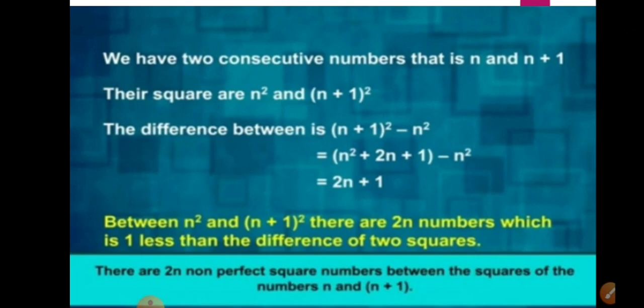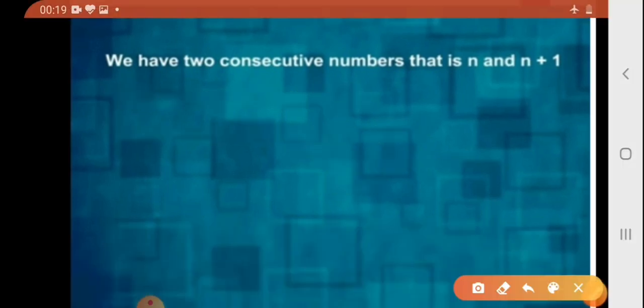Now here we can say that we have 2 consecutive numbers, that is n and n plus 1. So the square of this will be, n ka square will be n squared, and n plus 1 ka square will be n plus 1 whole squared. Now if we have to find out the non-square numbers between 1 ka square and 2 ka square,